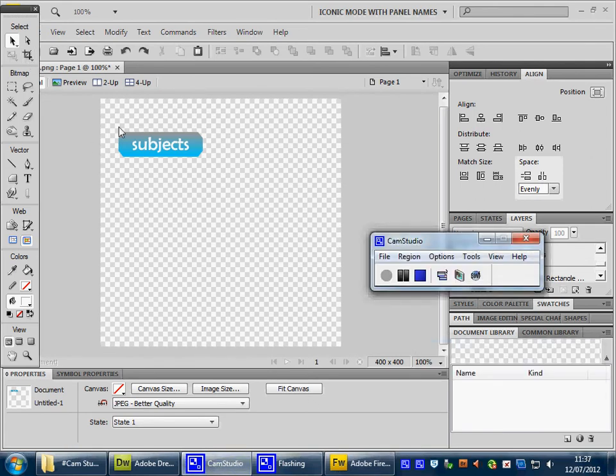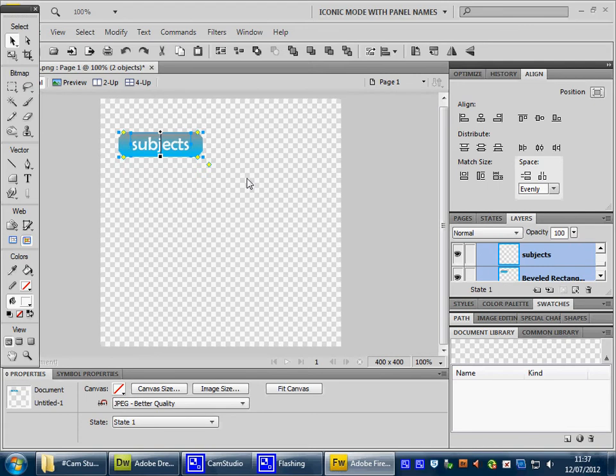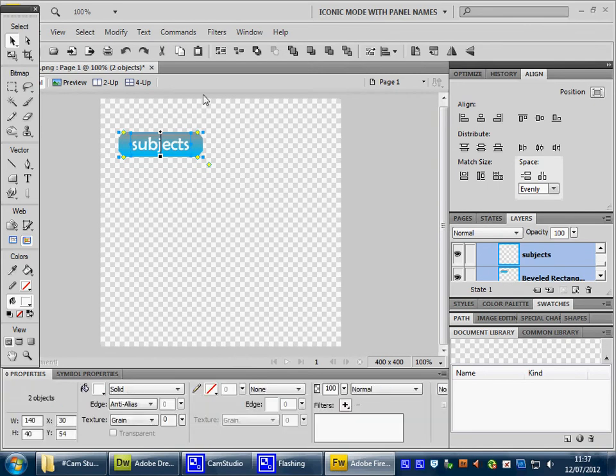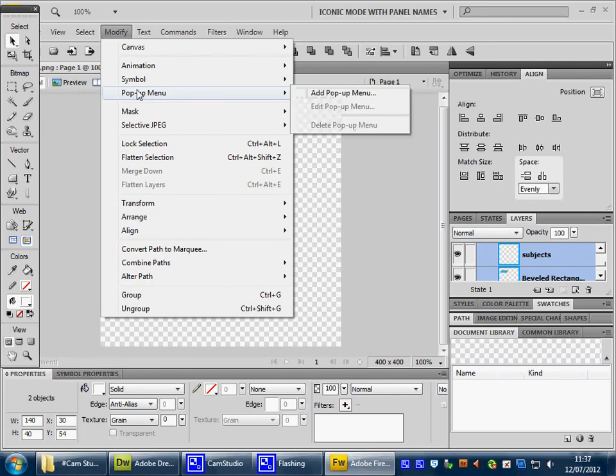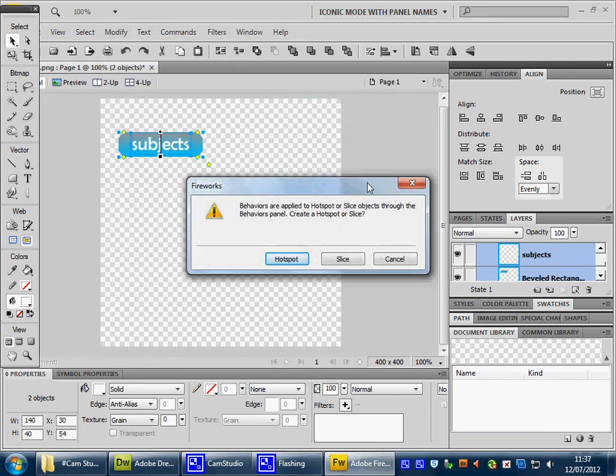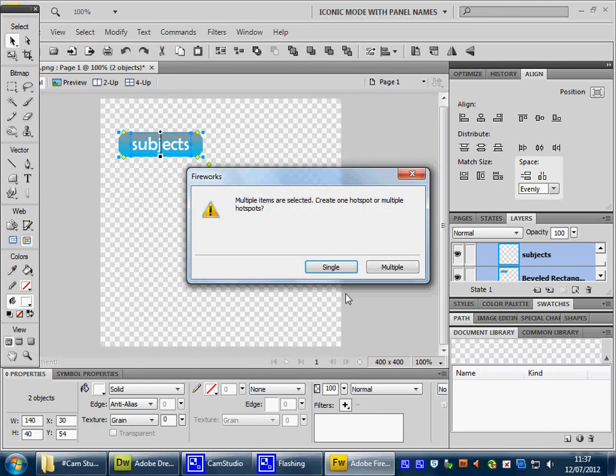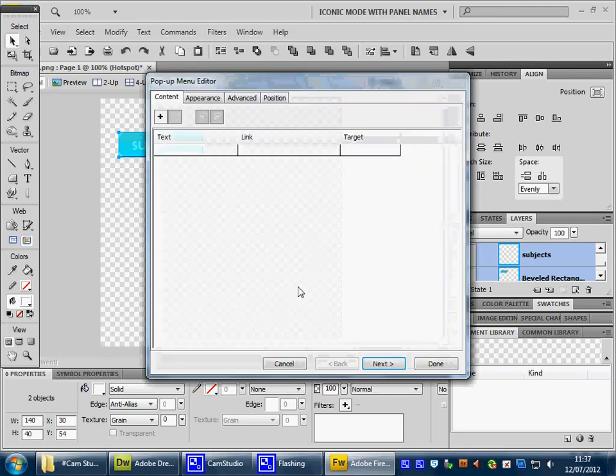Okay, using the selection tool, make sure you've got this object selected, and let's go to modify and pop-up menu, and we want to add a pop-up menu. I usually choose the hotspot as my slice, and this brings us to this particular